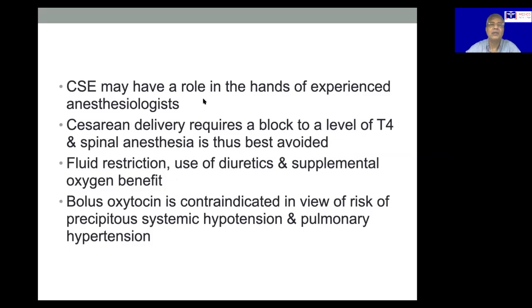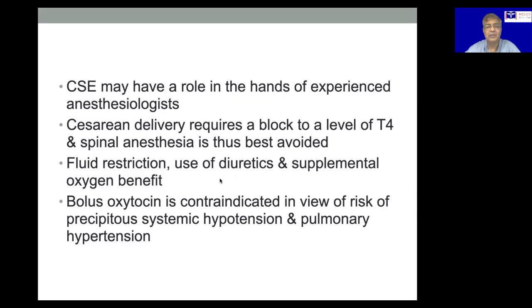Combined spinal epidural anesthesia may have a role in experienced hands. Cesarean delivery requires a block up to T4 level, and spinal anesthesia is best avoided in such a case. So what you do in CSE is you give a small dose of spinal anesthesia and very gradually add fluid to the epidural space. And you should use fluid restriction, you should use diuretics, and supplemental oxygen